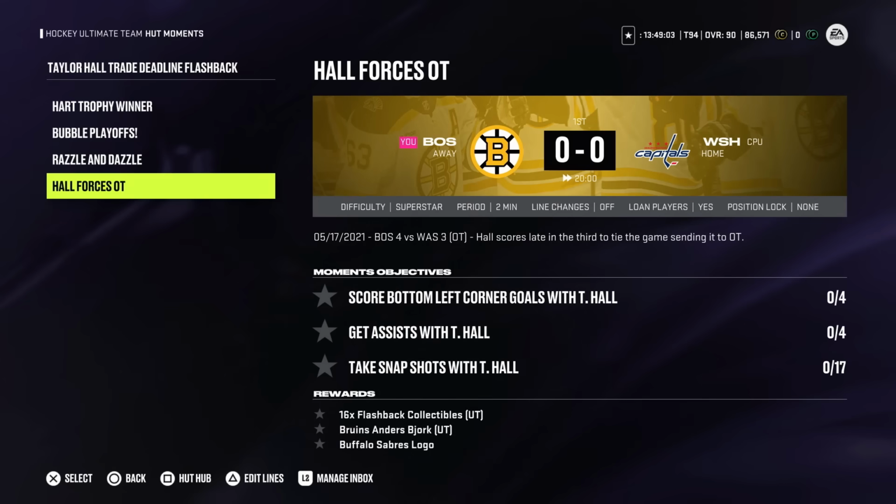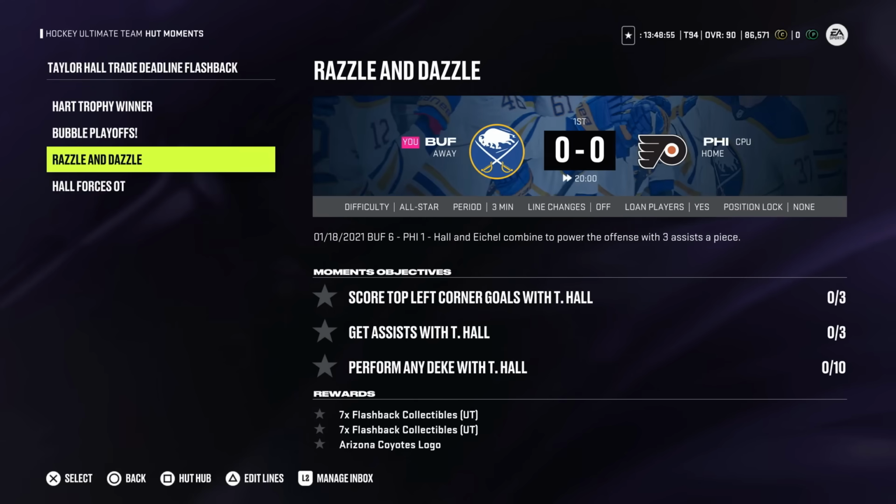I'm totally with you guys when I say that they shouldn't be doing the score-specific shot category. Bottom corner goals and top left corner, no, that's stupid. They shouldn't be doing that. However, the good news here is that you don't actually need to do those, right? Like, if you want to make the collectibles, you can, and you can do the easy stuff to get the Anders Bjork, or to get the 7 collectibles here, you just need 3 assists as opposed to getting the top